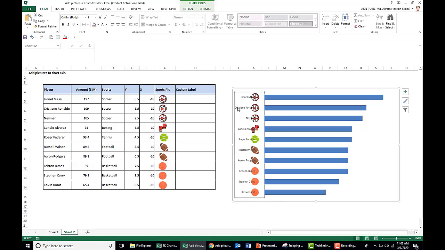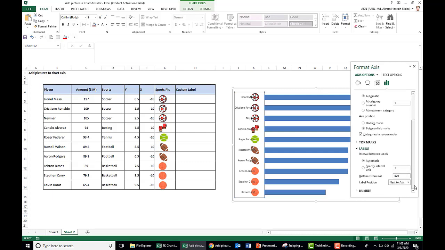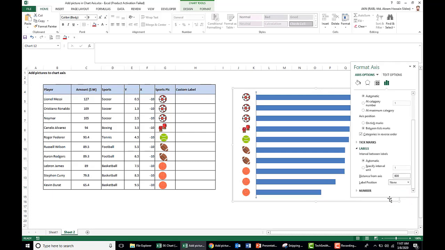Now we remove the player name here because we place it in our custom data label. Right click, format axis, go to the labels and choose label position none.